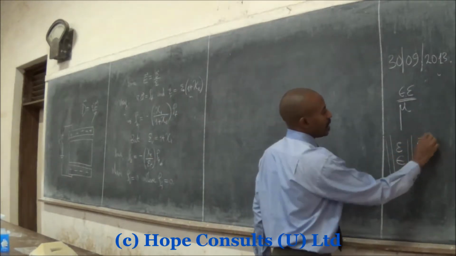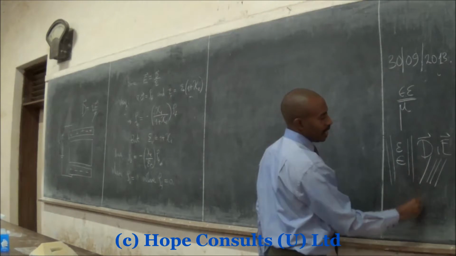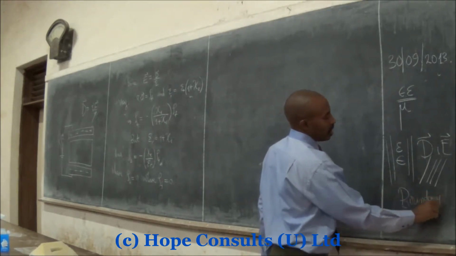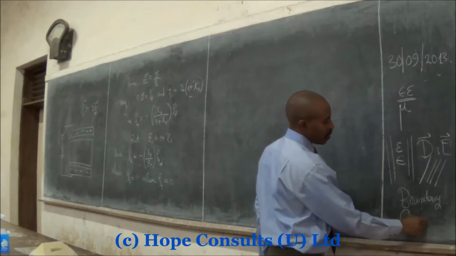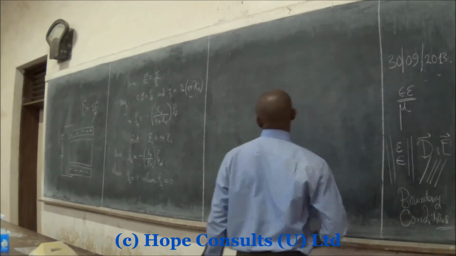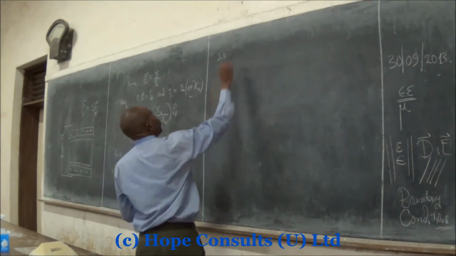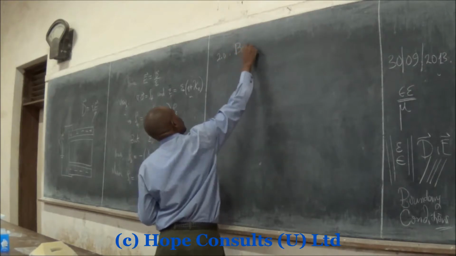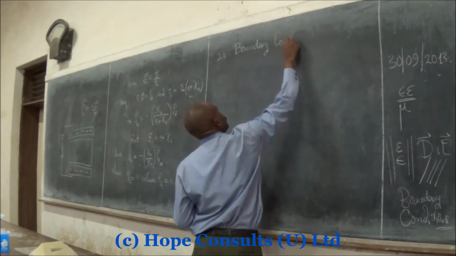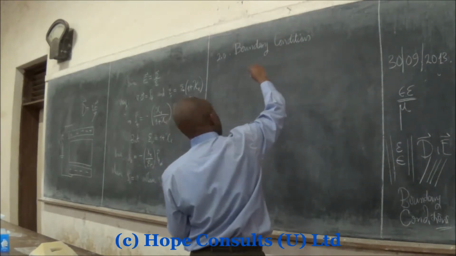So we are looking at D and E and how they relate when they cross the boundaries, such that we first look at what we call the boundary conditions. So 2.0, we look at boundary conditions on the vectors